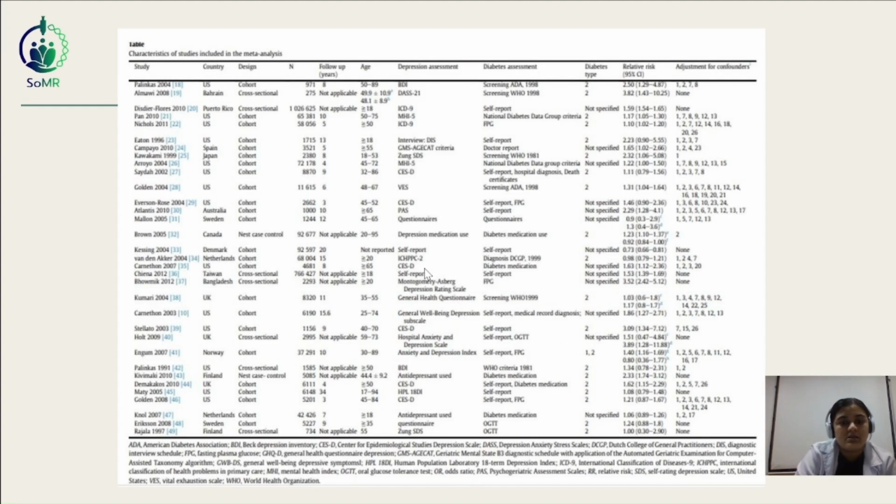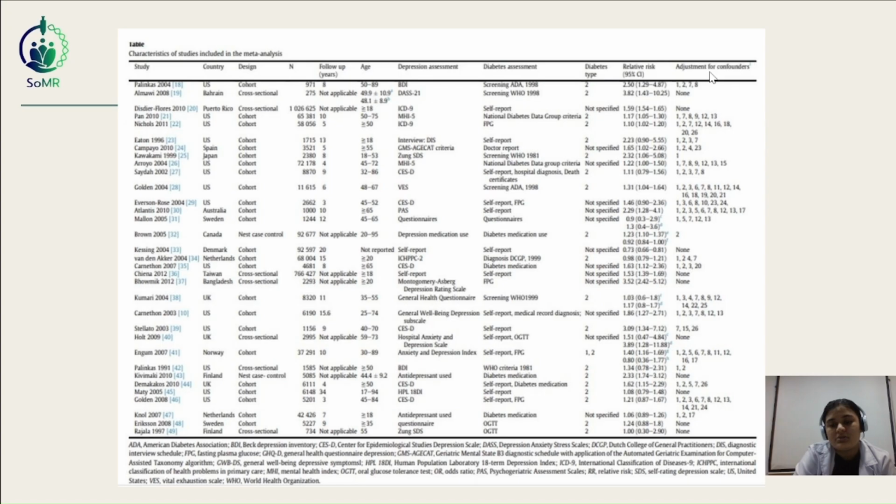This is a similar study table, and they've discussed the study, the country which you can include, the design of the study, cohort, cross-sectional. These are some of the studies that have been included, and means number of participants, follow-up in years, age of the particular study group, the depression assessment, the diabetes assessment, the diabetes type, relative risk, and